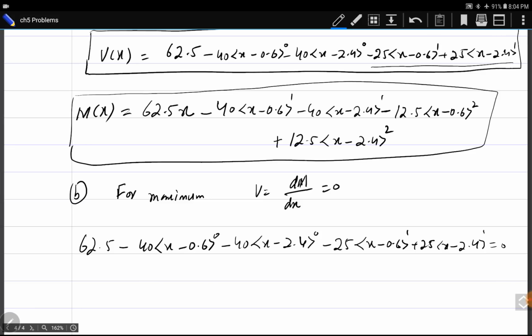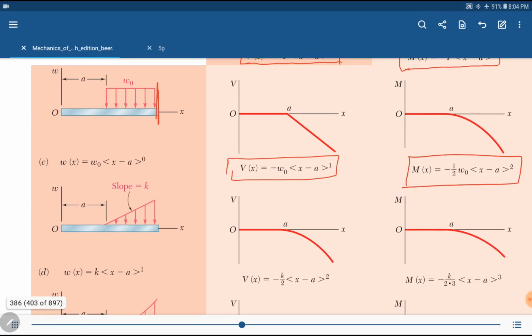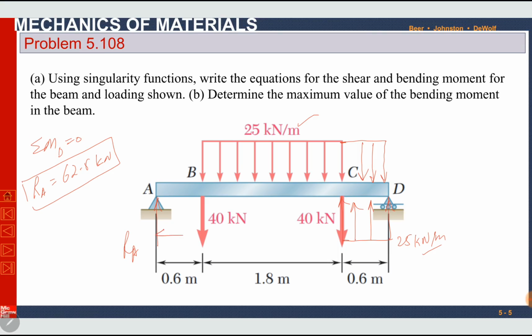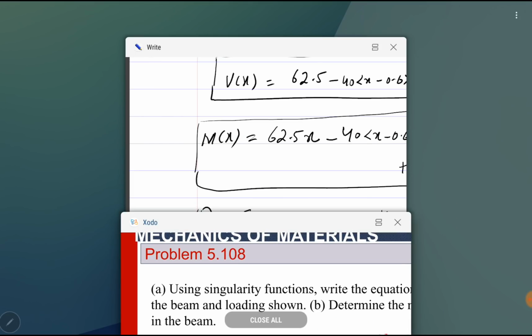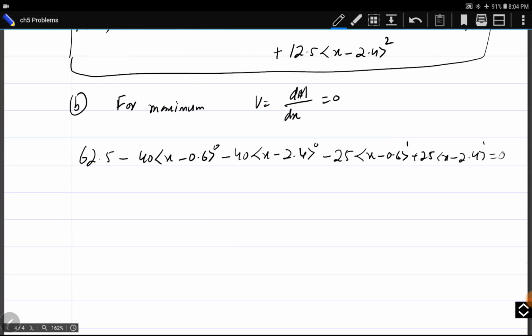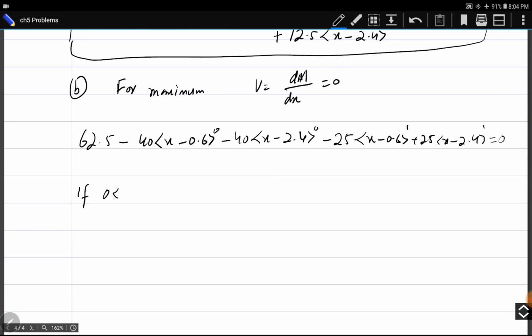Now, it is a singularity function. We cannot open these brackets very simply, so first we will check it in different ranges. The first range is between a and b, when x is between 0 and 0.6. If x is between 0 and 0.6, if we put x equal to 0.6 in the above expression,